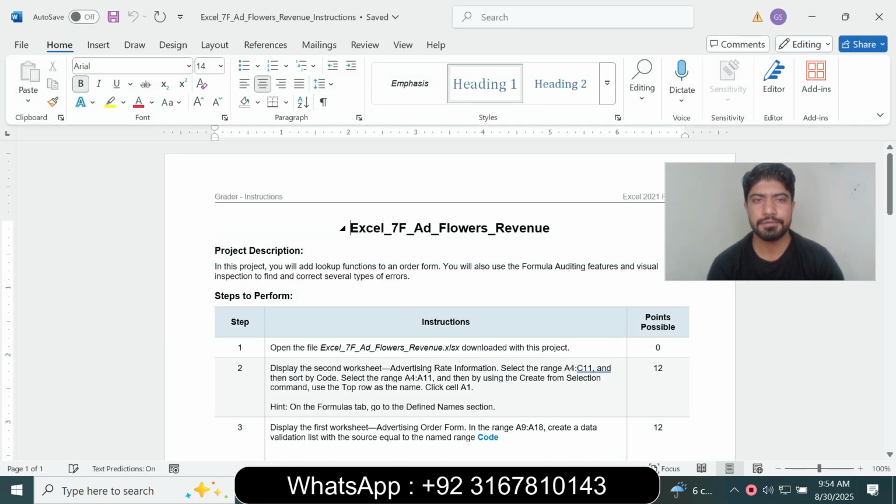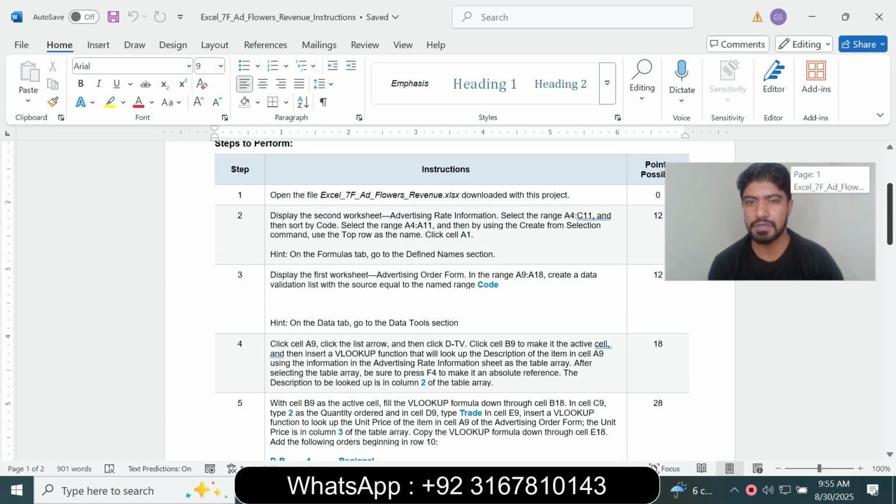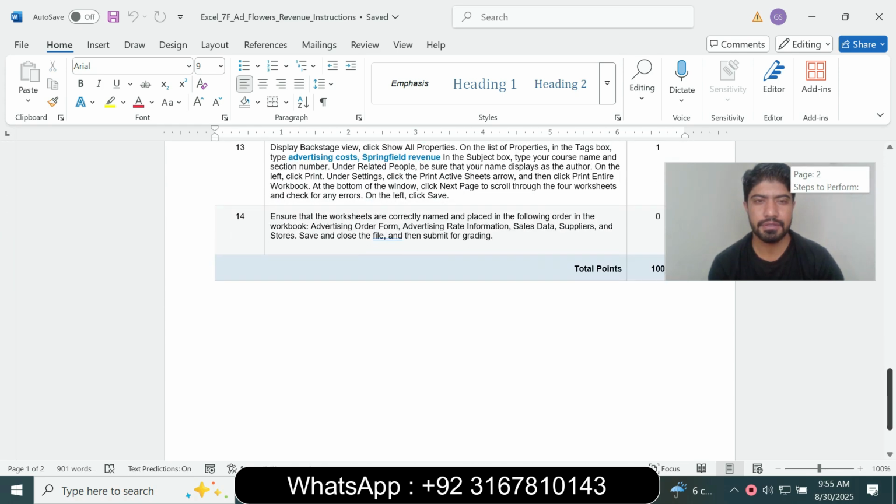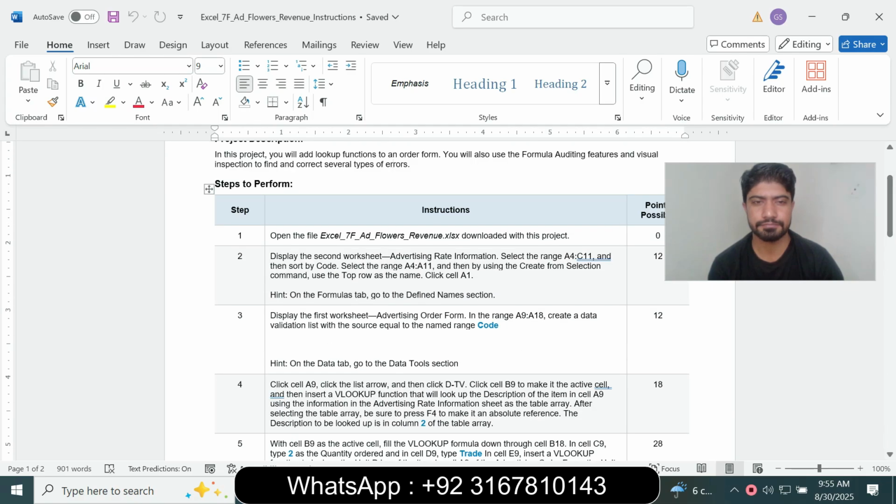The assignment title is Excel 7F Add a Flower Revenue, and the project description is: in this project you will add a lookup function to an order form. You will also use the formula editing feature and visual inspection to find and correct several types of errors. And we move to the main project steps, and step number 1 is